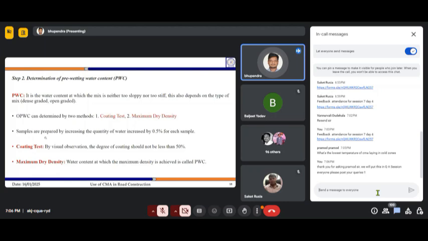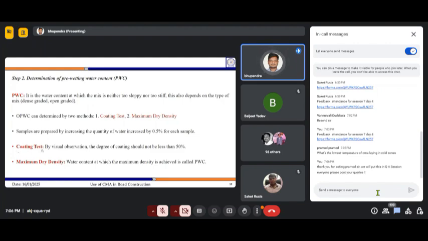What we do is take the aggregate mixture together, according to the gradation, and add water to it. Let's say we start with 2% water, then 2.5%, then 3%, then 3.5%, and so on, and then we mix the aggregate together.